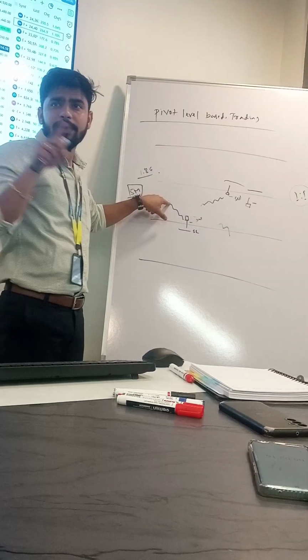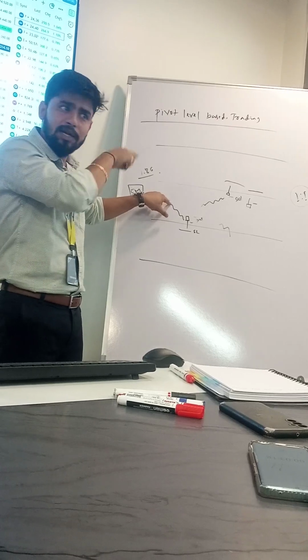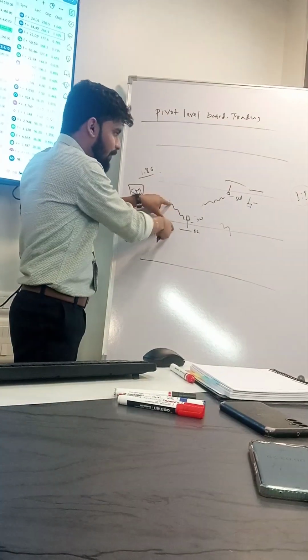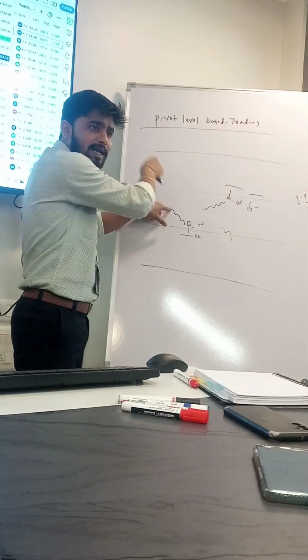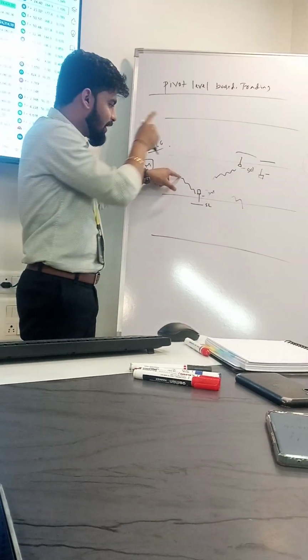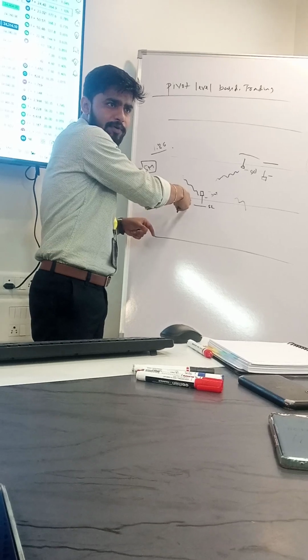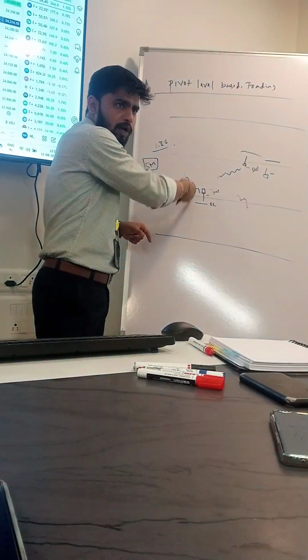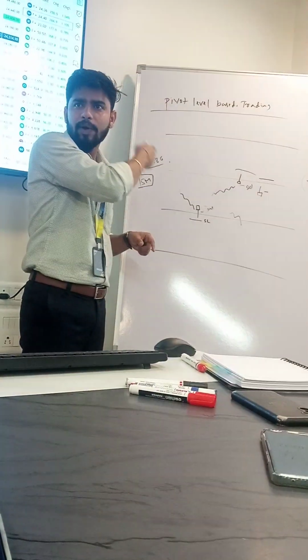Okay, don't make yourself a god like that. Price will come down to this particular pivot level or this particular pivot level. Let the market decide wherever it wants to go. Our duty is that it should come either to the below pivot or above pivot, we should not expect that the price needs to come to the